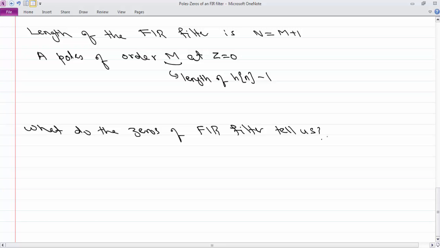The poles don't give us much information except the order and whether it's causal or non-causal. So what do the zeros tell us? Well, they tell us many things. Some of the things we'll study later in terms of whether they are conjugate pairs or not and how they are located. But one of the key things that they tell us is they help us